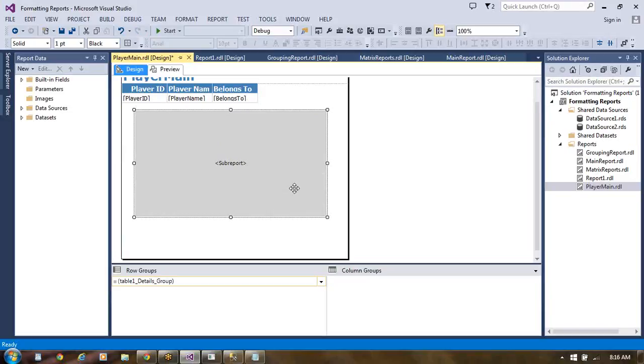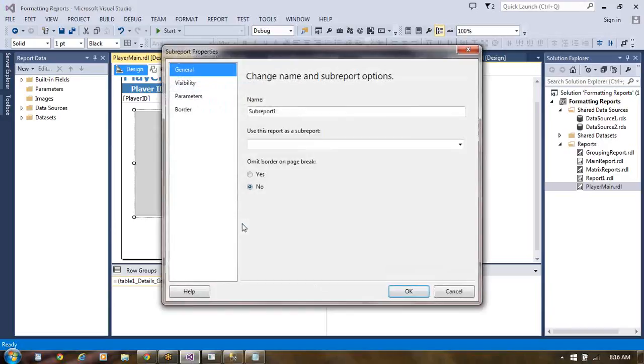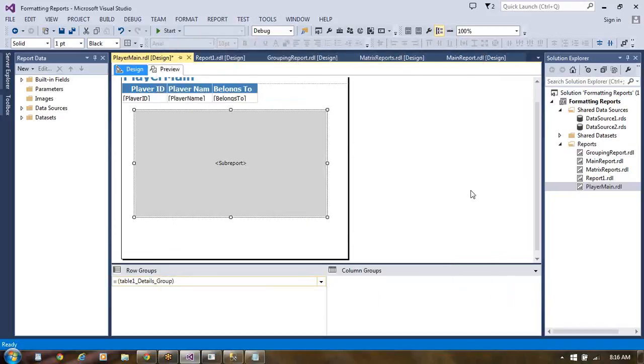So this is a sub report here. Sub report properties. We choose sub report properties, then here we can put the name as sub report 1. But before that, first of all we need to make a sub report.